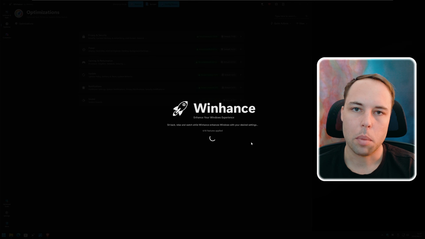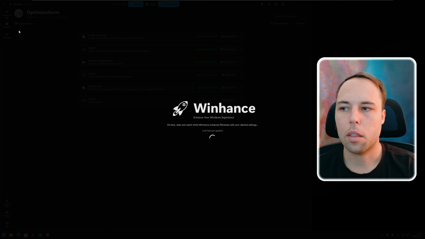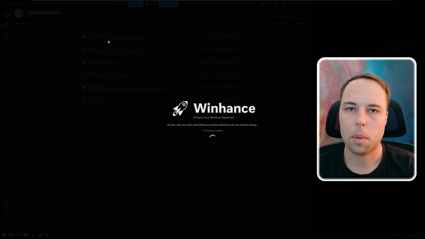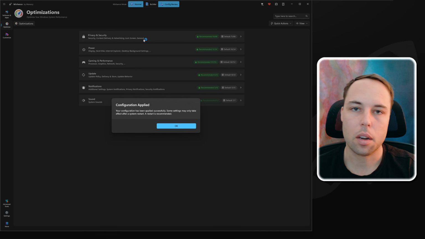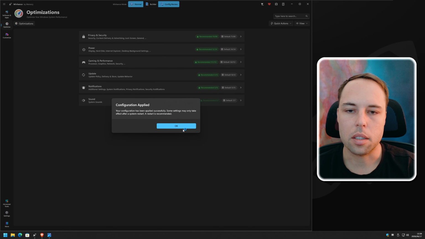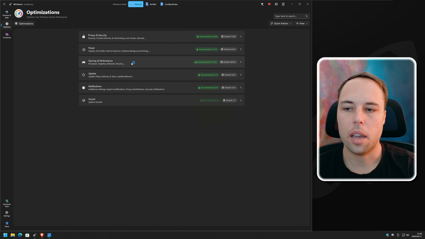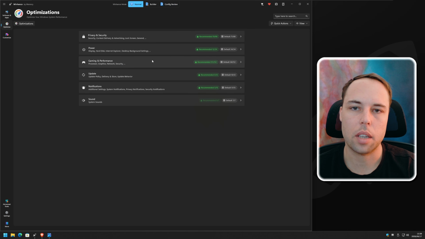file to my system. So this will run through all of the optimize and customize features that you can see. But because we didn't change those states in the config file, they basically just stay the same because the current system and what that config file has captured in it is the same. The only thing that changed is the gaming and performance section.